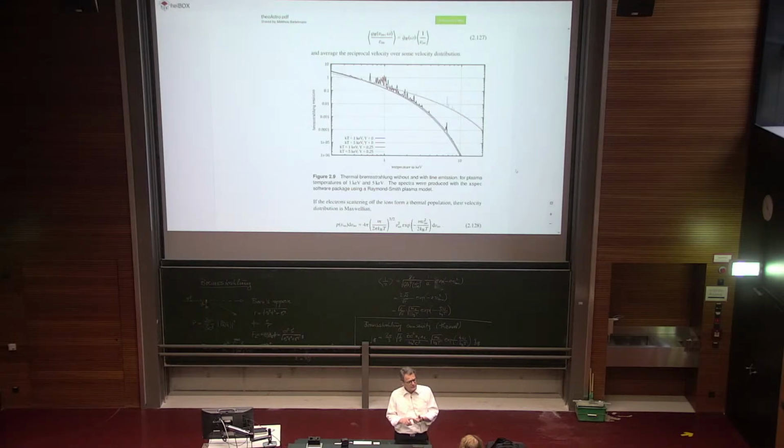What do you do if there is a mixture? Then of course you have to average over that as well. Okay, it scales with the number density of the electrons and the ions squared. So typically it scales with the gas density squared. It scales like 1 over the square root of the temperature. And it has an exponential cutoff. These are the main results that we can get. The prefactor here is going to be wrong, right? So don't believe that. But the rest comes out right.